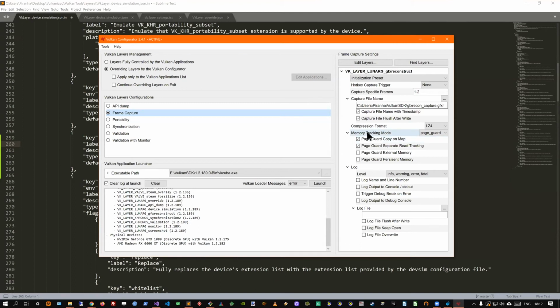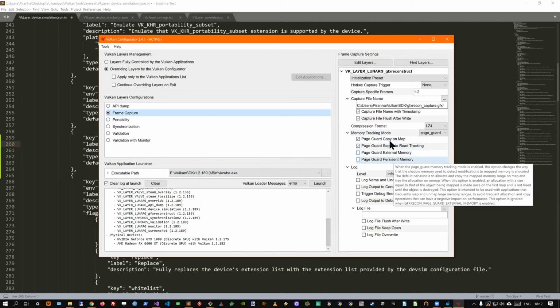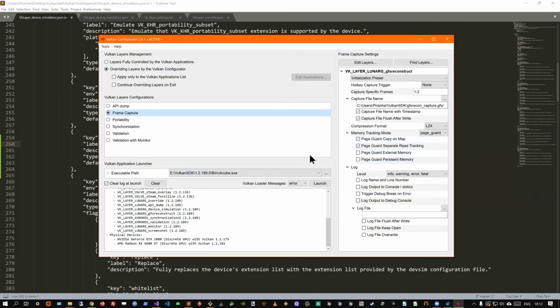So if we just look at the documentation of GFXReconstruct, we will see a setting which is memory tracking modes, and there are many memory tracking modes, and we will see also all these Boolean settings. But actually, what we can express in the UI is that these settings won't work unless you use PageGuard.